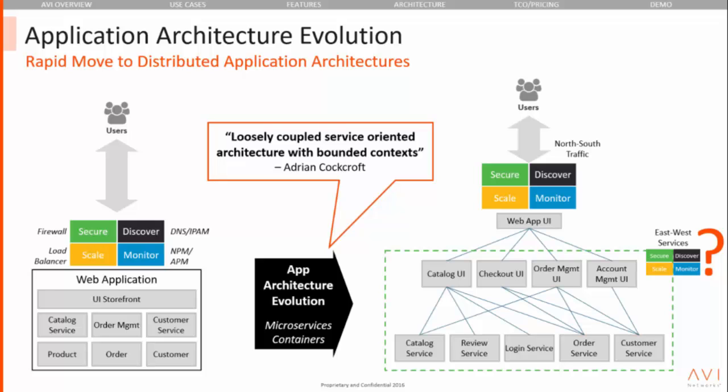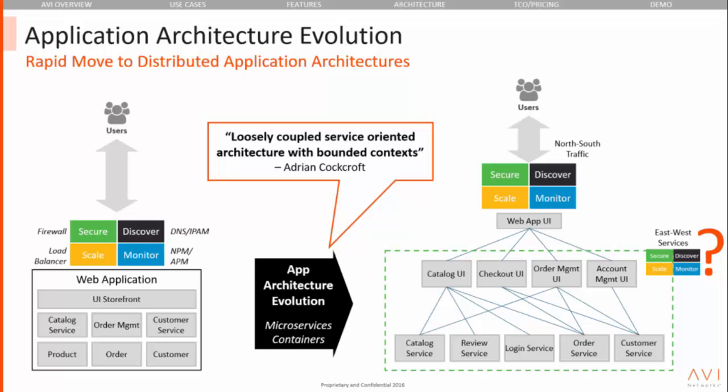And that's where the opportunity lies in bringing these web-scale principles and opportunities into enterprise architectures, but that's also where some of the challenges lie. And the challenges are largely around the fact that when you have a few large applications, you can take a number of application services in the data center. How do you keep it secure? How do you discover each other? How do you load balance to it? How do you provide monitoring capabilities for that application? Those you can put boxes for, right? Because you have maybe 10 or 100 or 1,000 applications in your environment, and you can take a few boxes and you can run the traffic through those and provide these services.